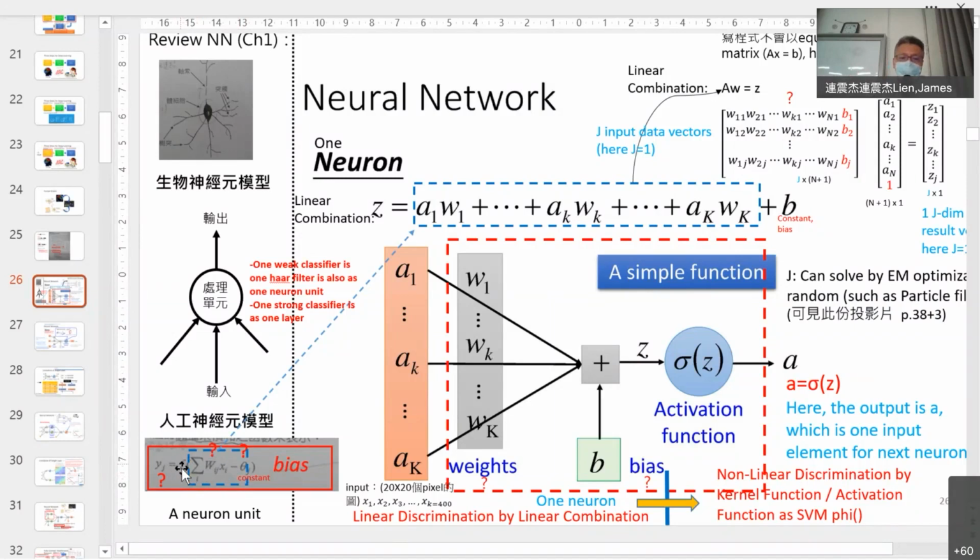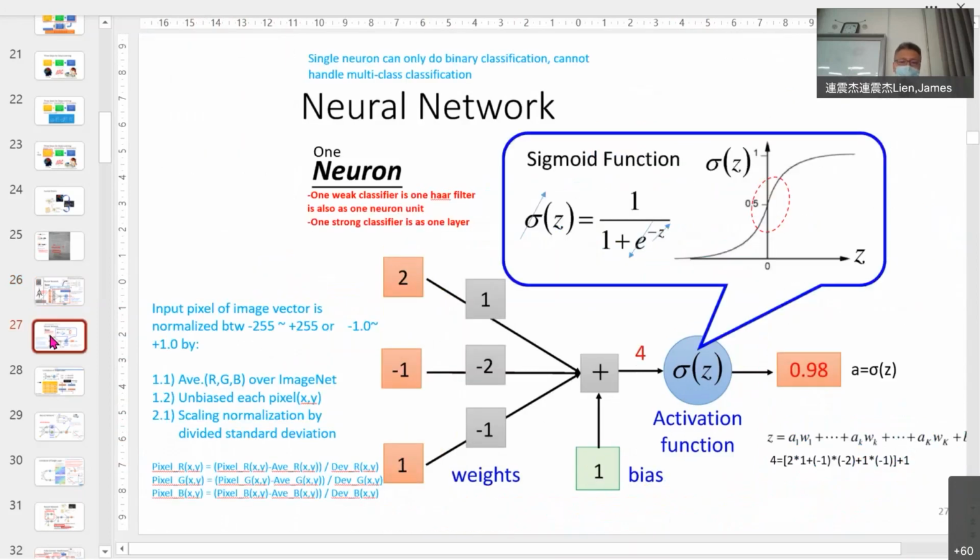So this activation function is equal to the kernel function of SVM, and this is your output. This kernel function is also called activation function, exactly the same. So this is one neuron. 这一个圆这样子啊。